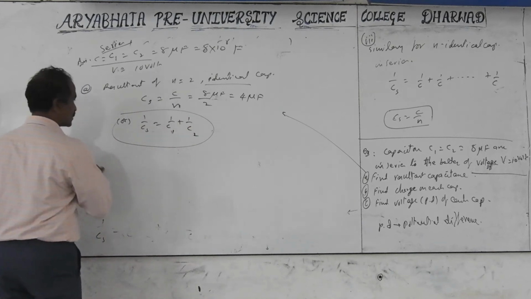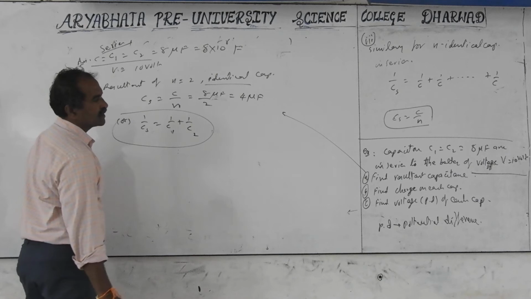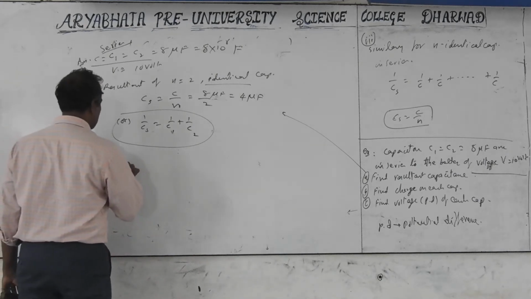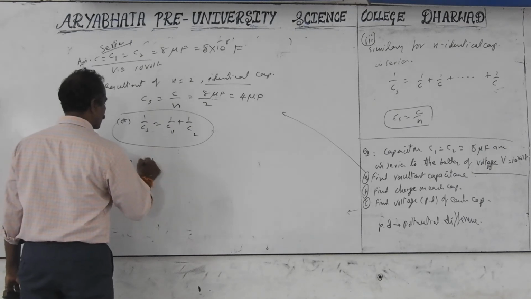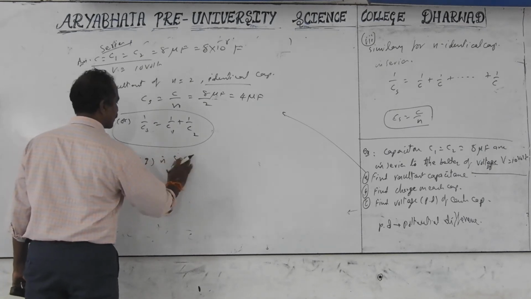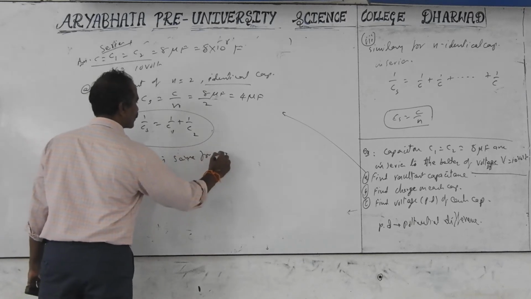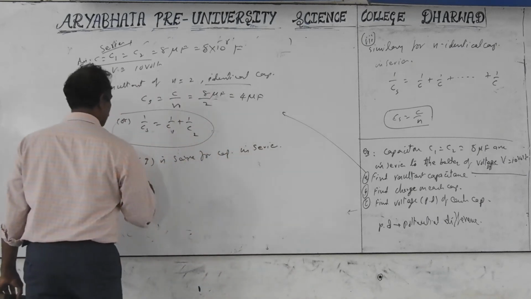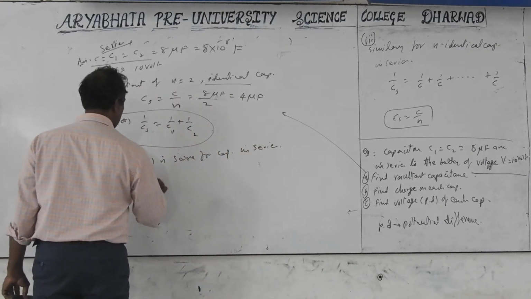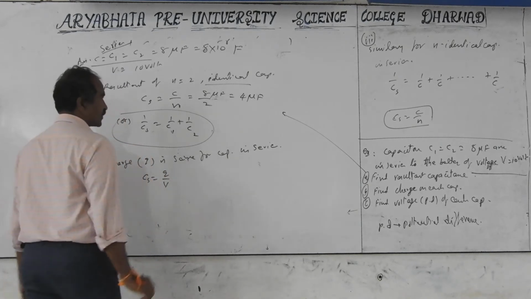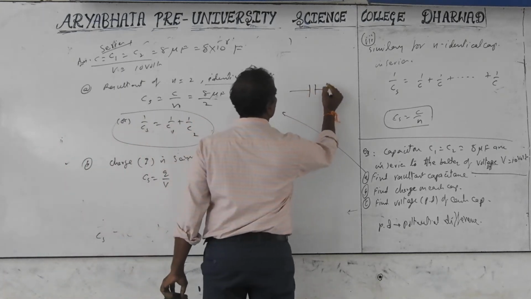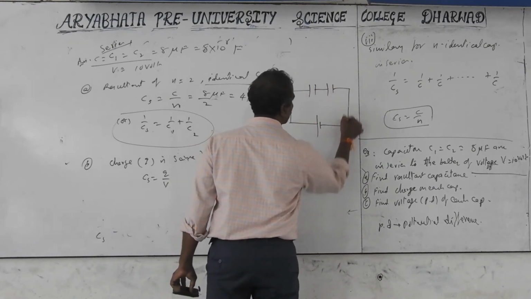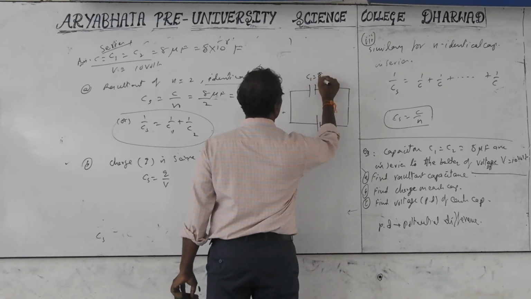Next is what remains of the problem we discussed before. Example problem, same case. Find the charge on each capacitor. Charge Q is the same on each capacitor in series. Charge Q is the same for capacitors in series. So what I get here is C series equal to Q by V, so Q equal to C series times V. Capacitors in series, 8 microfarads.